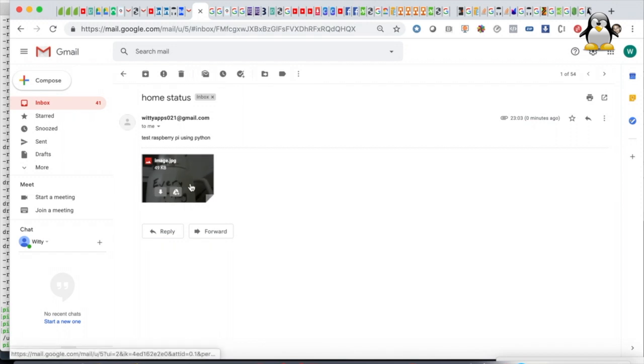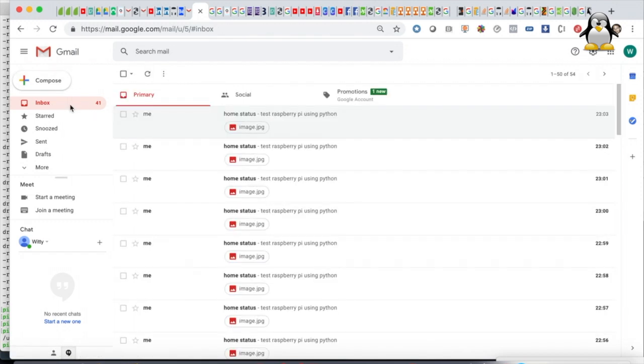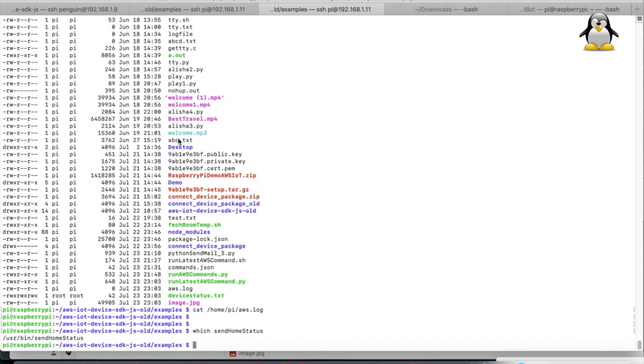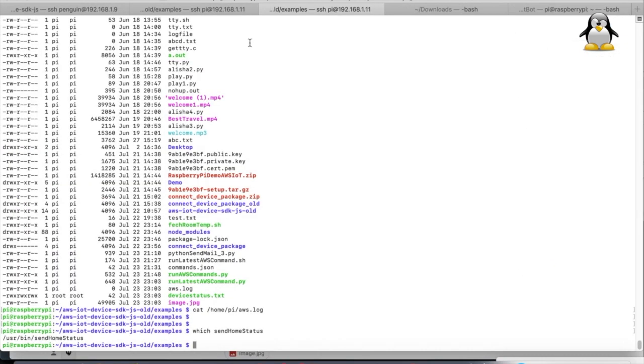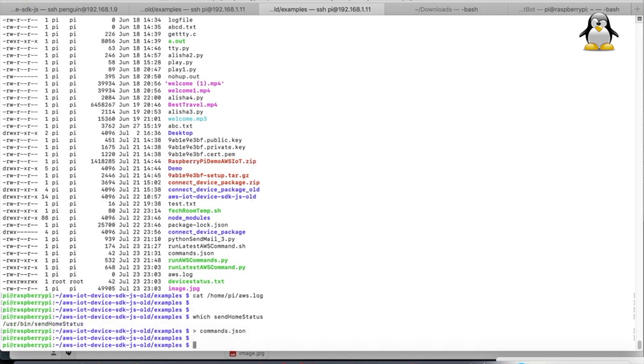I'll change the camera orientation and show you another image. I have changed the camera orientation for now. Let's empty this file, so there is nothing.